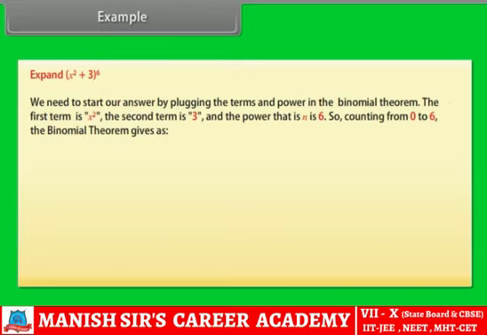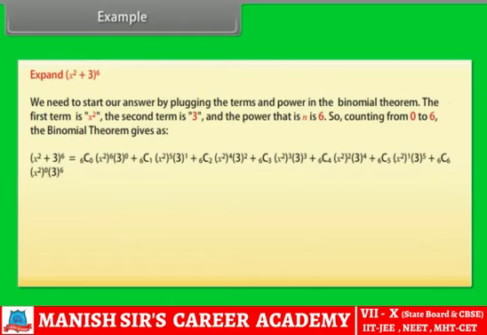So, counting from 0 to 6, the binomial theorem gives (x² + 3)^6 equal to 6C0 into (x²)^6 into 3^0 plus 6C1 into (x²)^5